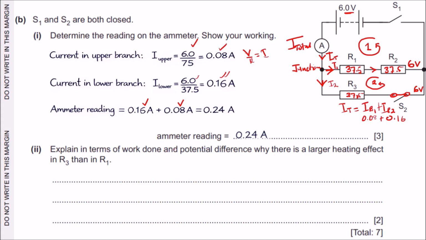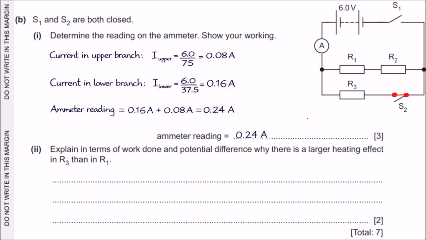Explain in terms of work done and potential difference why there is a larger heating effect in R3 than in R1. Let's erase this so that we can address this question with a clear picture. Right. So we want to explain in terms of work done and the potential difference why there is a larger heating effect on R3 than R1. Now, the first thing we need to understand here is the branch voltages are the same. We have 6 volts here and 6 volts here